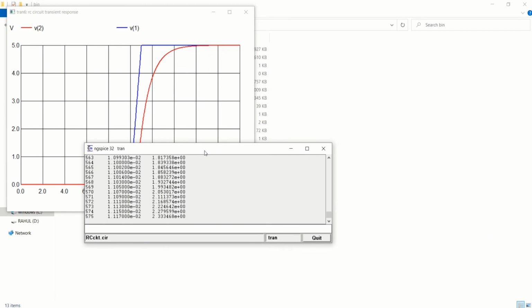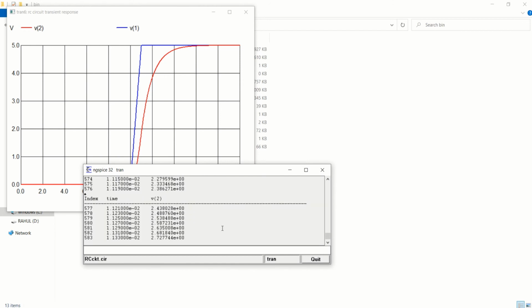It is continuing till 1000 values. You have to wait.